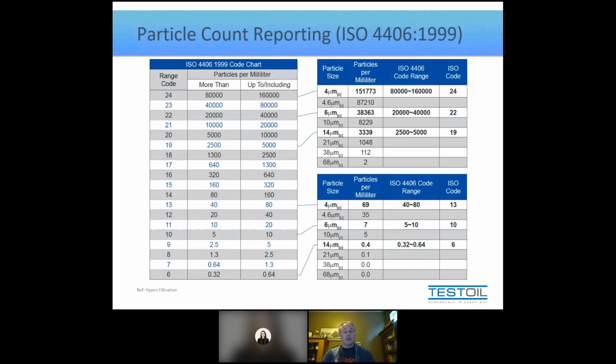It was a set of numbers we had no hope of understanding, and we've converted it to a new set of numbers we still don't understand, right? Because like I said, 24, 22, 19, what? It's not anything. So here's how I think I can make a little bit more sense of the ISO codes. Using this table that you see here, let's do some coding of some actual results.